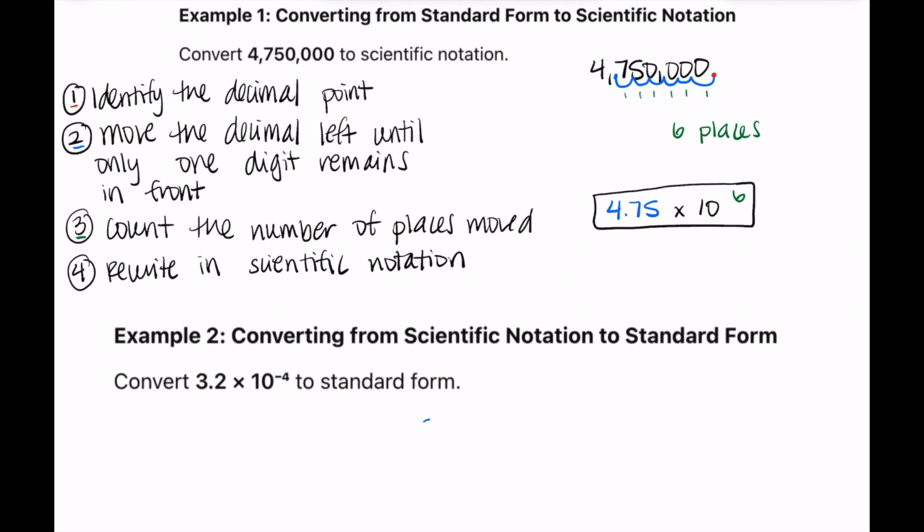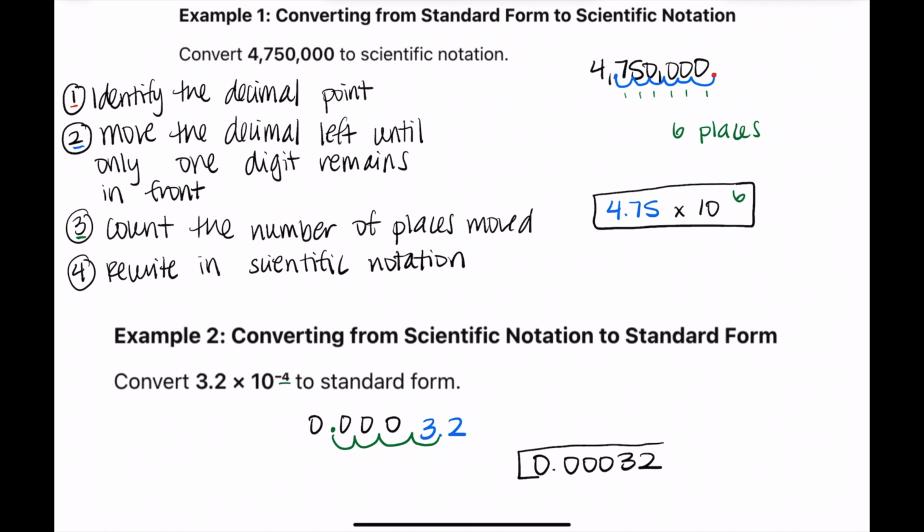Now for example 2, we are converting from scientific notation to standard form. So kind of the opposite of what we just did. Here we're given our decimal, so we're going to write our 3.2, times 10 to the negative 4. So that means we're moving our decimal 4 places to the left. And when I do that, I end up getting my answer of